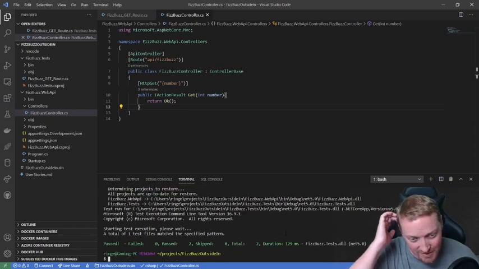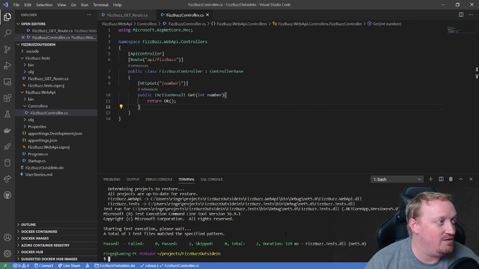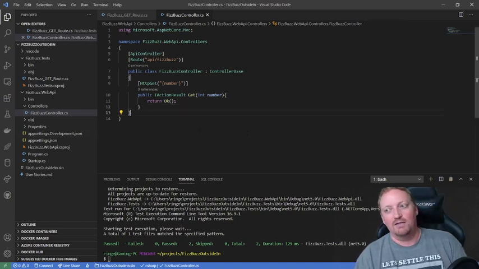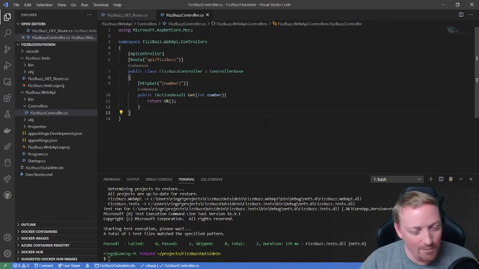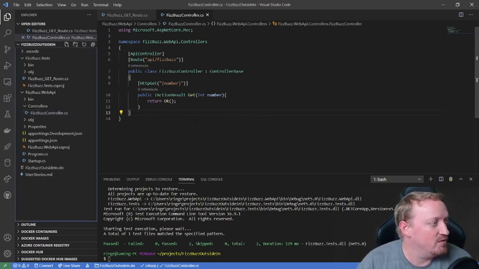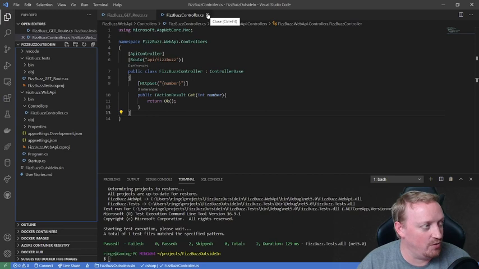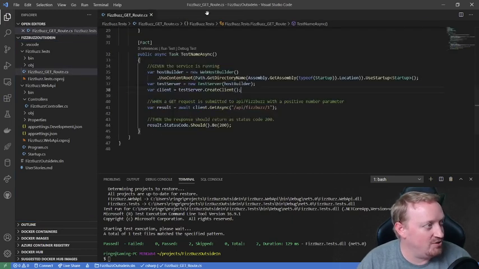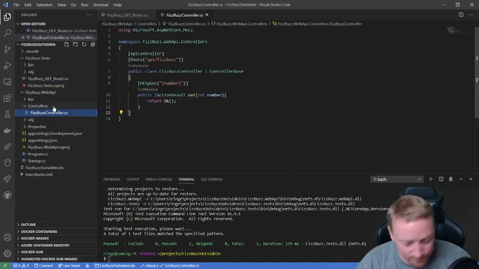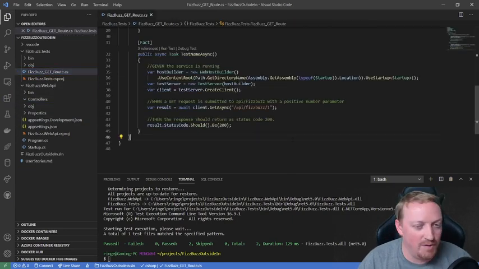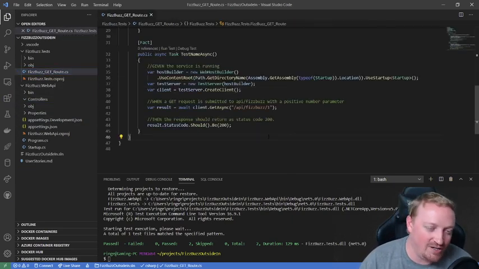Okay? And now that I've written this FizzBuzz controller that returns OK, I could go and create another test, which I actually probably should have done. So let's just roll this back for a moment. I'm going to actually delete my FizzBuzz controller. That was the minimum possible thing I could do. But since I created something new,